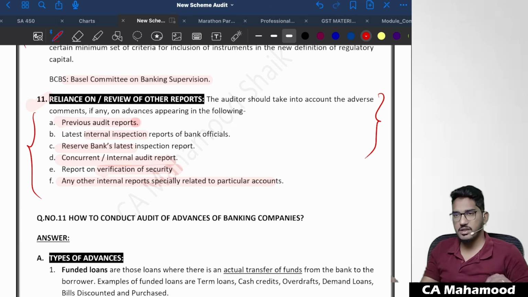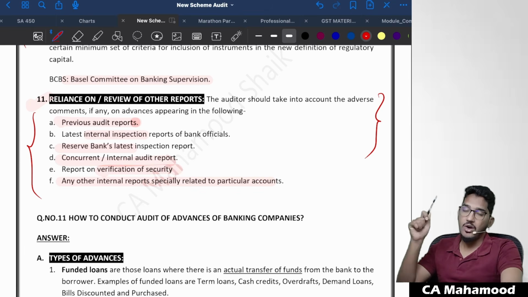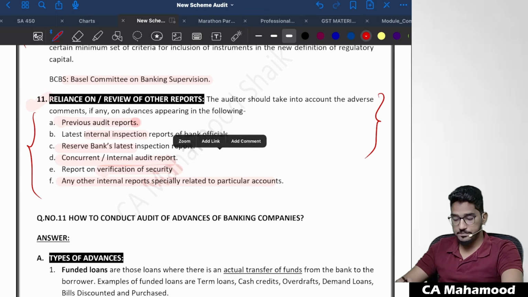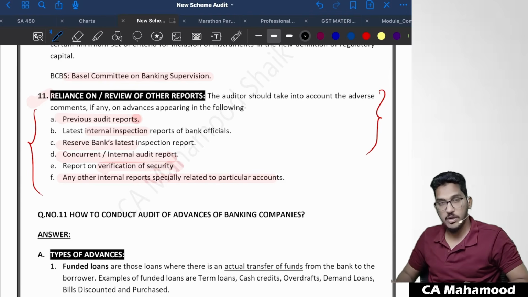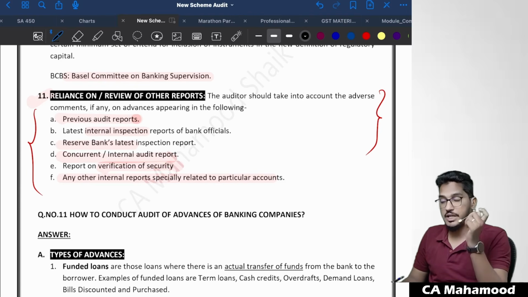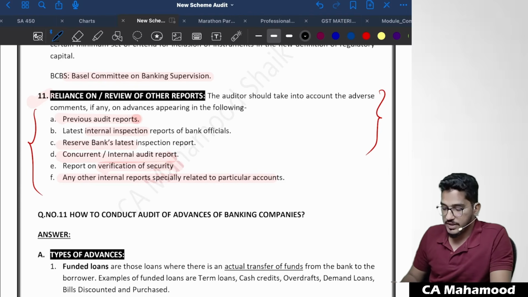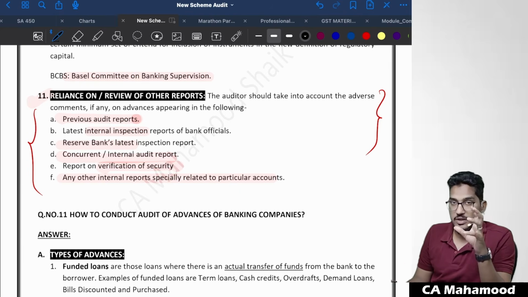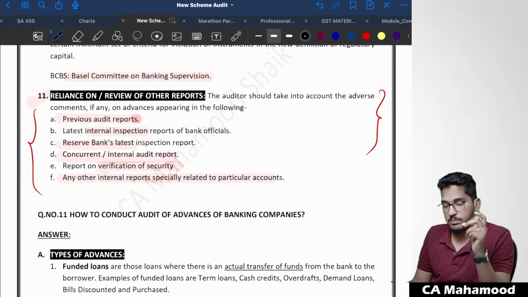So this is what we basically do in the overall audit of the bank. As we have seen, they are not talking in a detailed manner, they have just given an overall view of what exactly will happen in the audit of banks from beginning till the ending. Clear, everybody? So the next set of questions will deal with how to conduct audit of each and every item of the financial statements. As we have seen, question number 10 talks about the overview of the entire bank audit, from the beginning till the ending, what all we are going to do. They have given an overview, a brief.